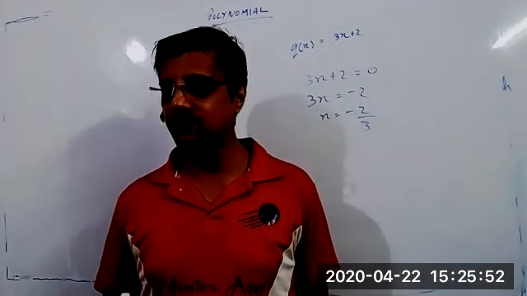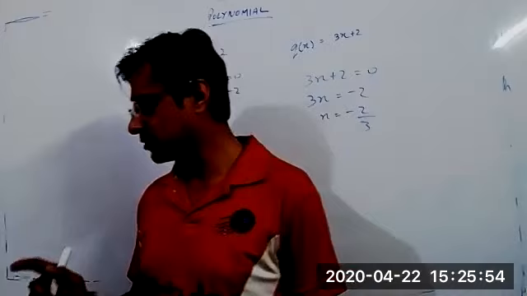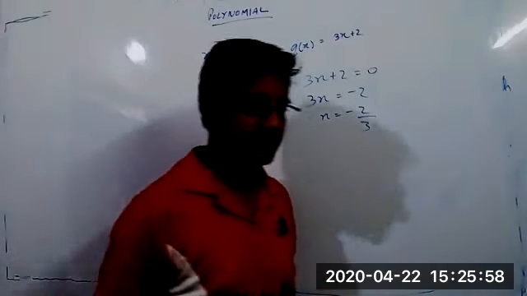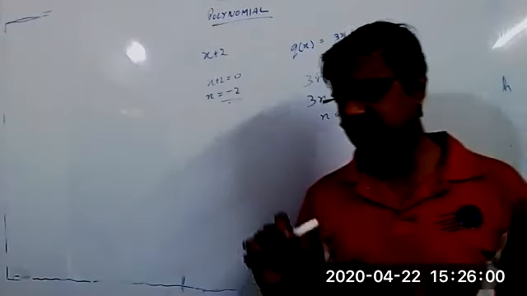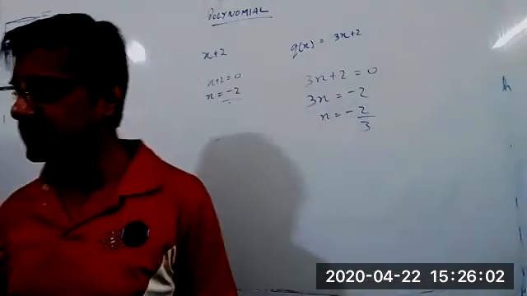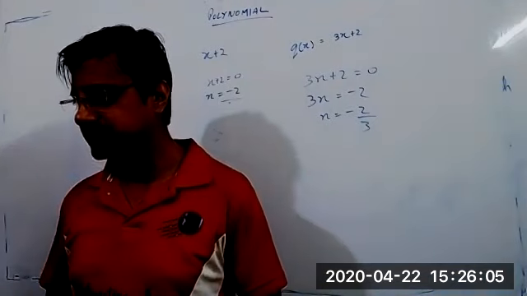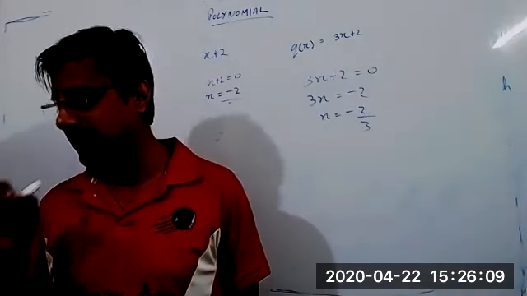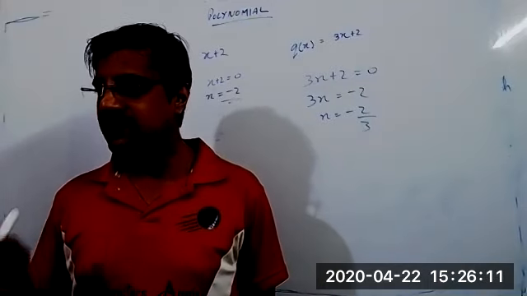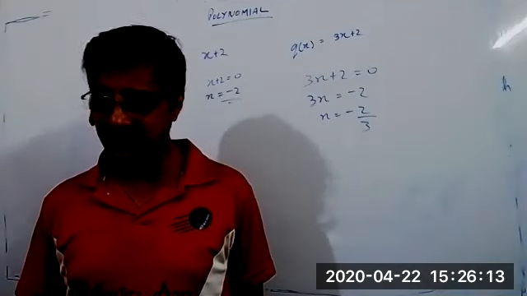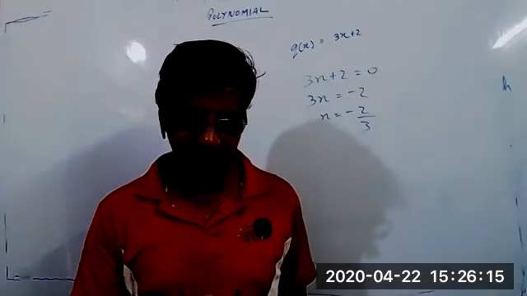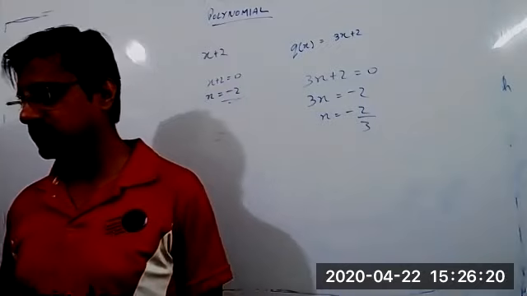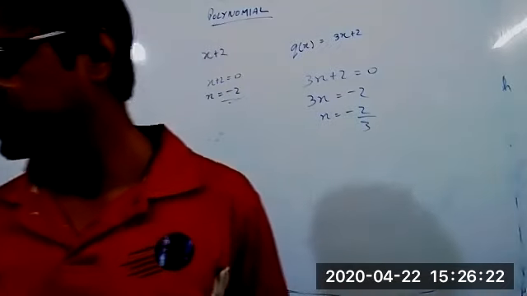Tomorrow I will discuss the remainder theorem and all those things. Only one small topic is left out in polynomials, and then higher level things will come, and then we'll go to the next one. Is it clear? First 4 exercises of NCERT, and at the same time R.S. Agarwal, I am sending the PDF. Please go through it and solve the same questions from R.S. Agarwal also by tomorrow.